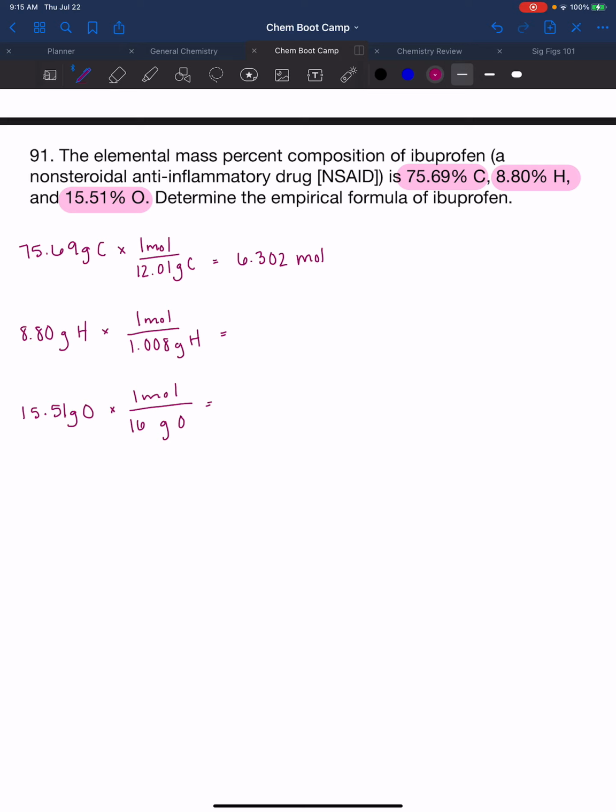That'll give me 8.73 moles. Again, 3 sig figs in your answer. Then 15.51 divided by 16 is going to give me